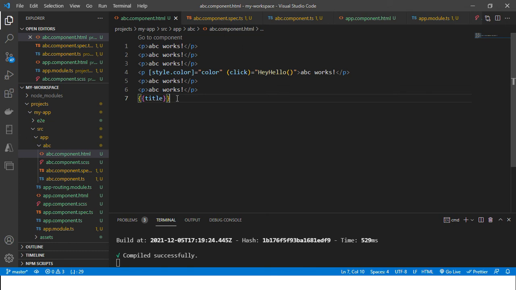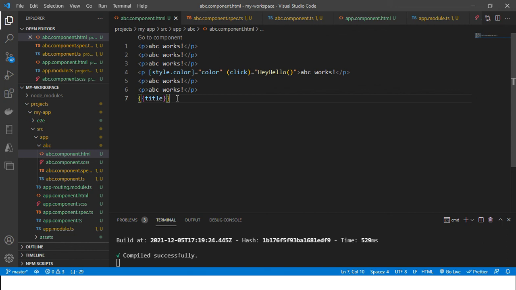Declarative templates are a feature of Angular that cleanly separates the application logic and the presentation logic. That is the main feature. Templates are created using standard HTML, which is a nice thing.